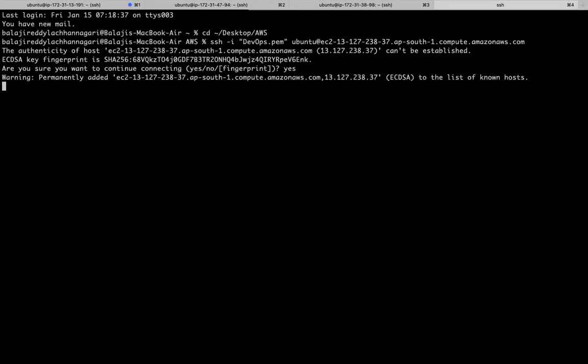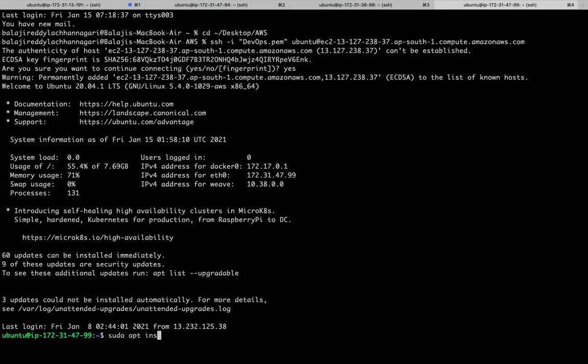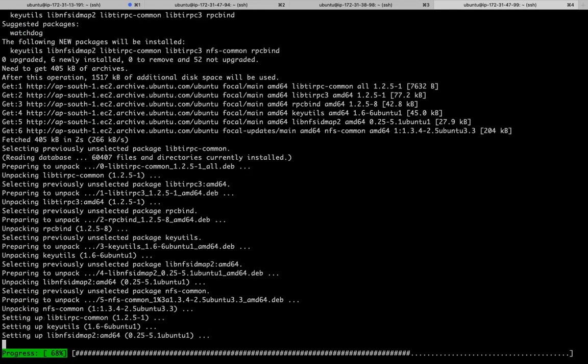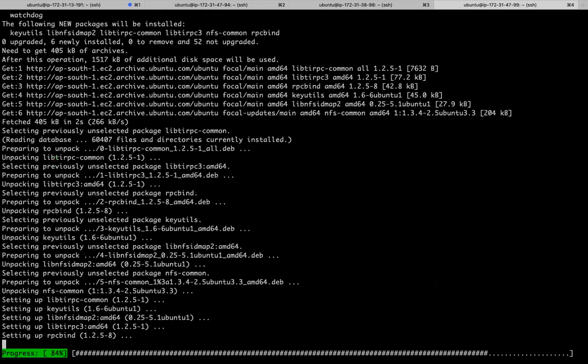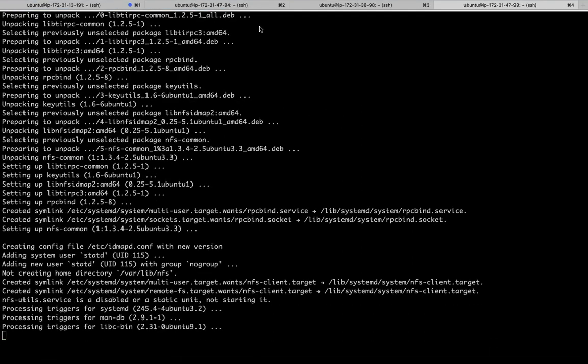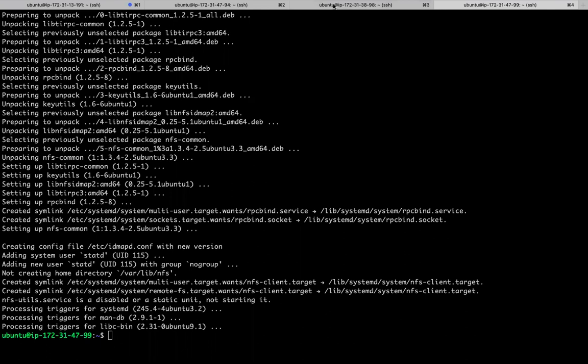So let me install quickly. So I have NFS client software installed, right? It's a one time activity. So I have the client software installed.